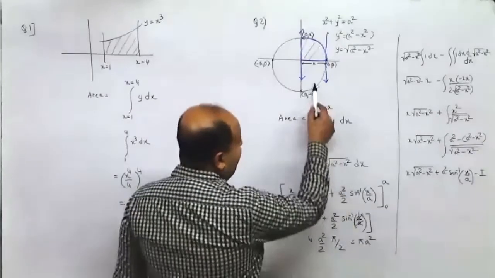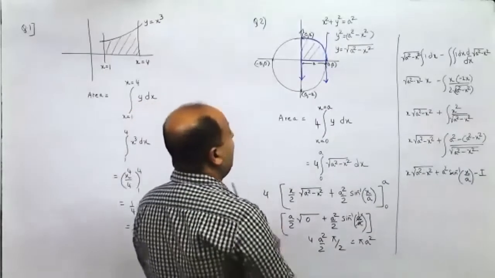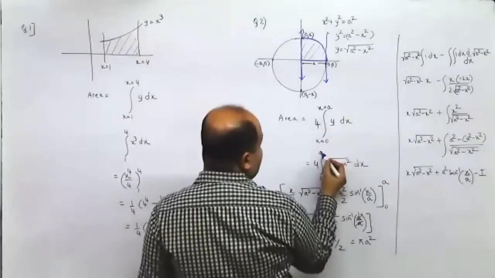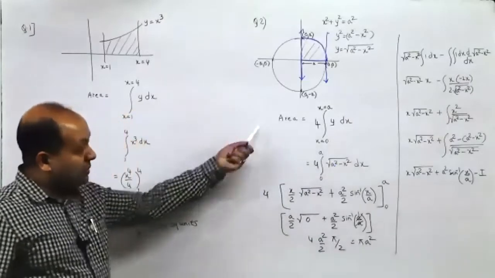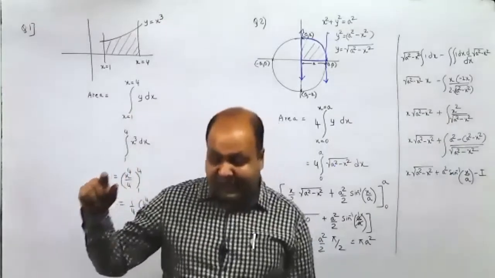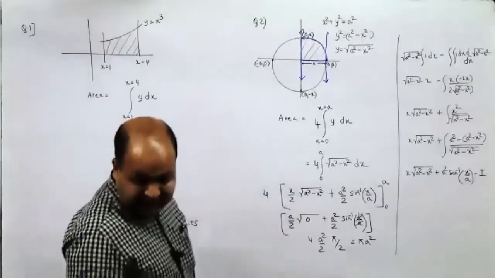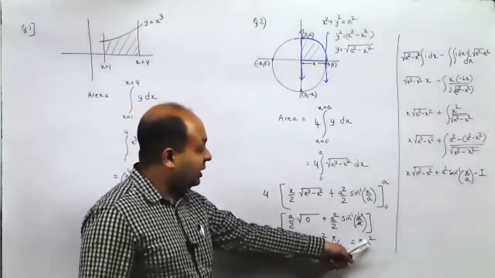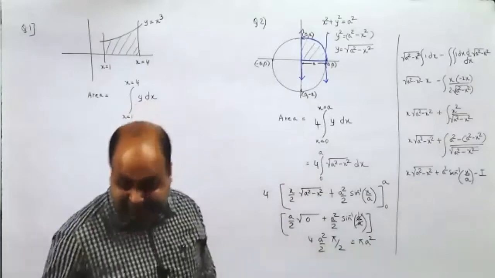Now, as far as the answer goes over here, they should have given radius is 4. If they would have mentioned radius is 4, I would have taken 4 comma 0. This would have been 0 to 4, and I would have got this as pi into 4 square. So just make this correction. It should be when radius of circle is 4. If they say radius of circle is 2, then it should be 4 pi. If radius of circle is 4, then you will get 16 pi as the answer.